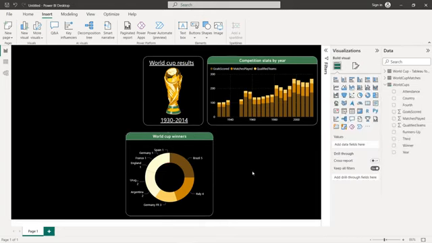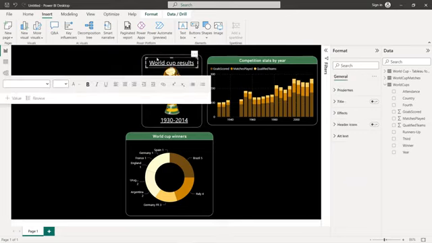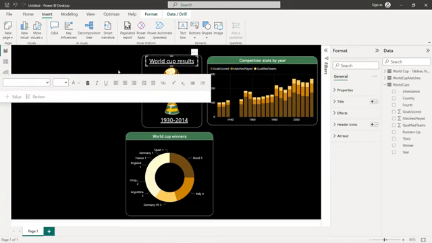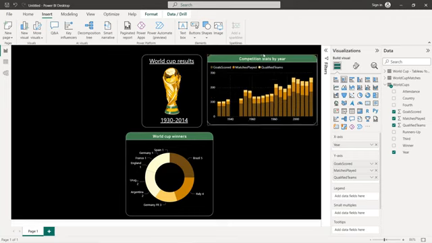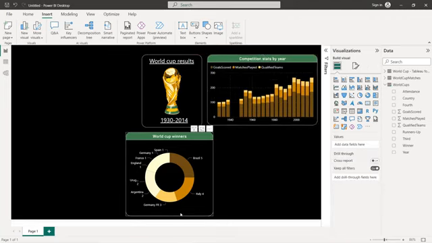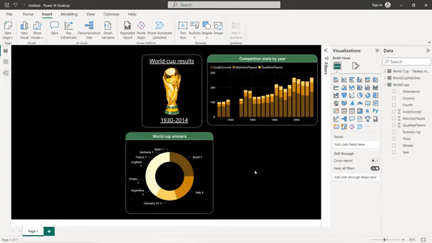Okay, here we can just change this one like this. All right, same thing for this one, and here we decrease it a little bit. All right, so now I'm going to